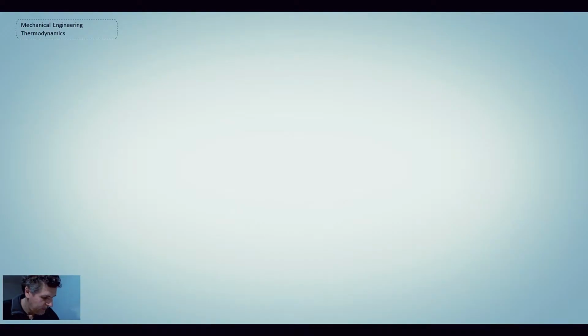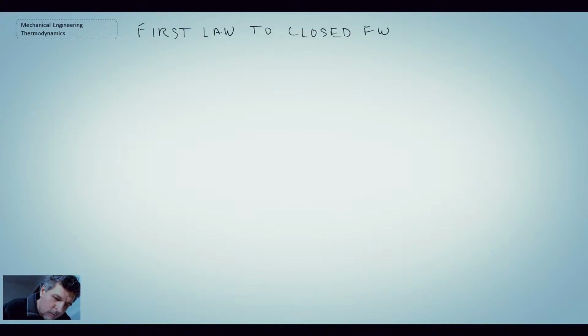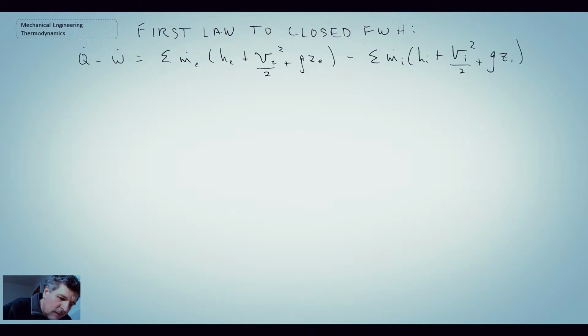What we'll do now is we will apply the first law to the closed feed water heater in a very similar manner to what we did for the open feed water heater. So with this, we'll assume that the feed water heater is insulated, there are no moving boundaries or no moving parts for work. The other thing is kinetic energy and potential energy of both the exit and the inlet streams